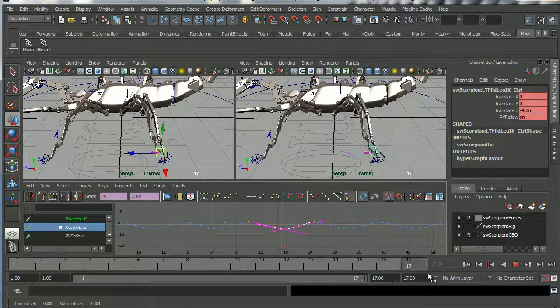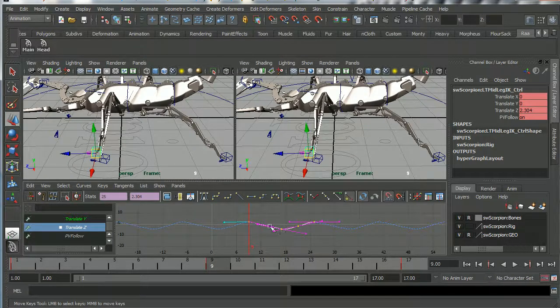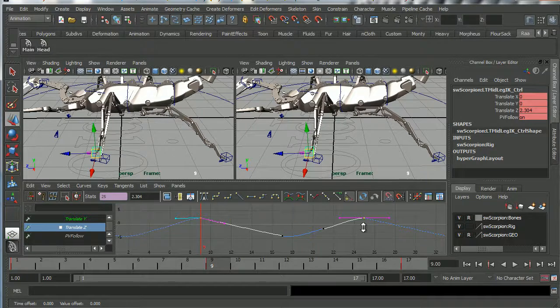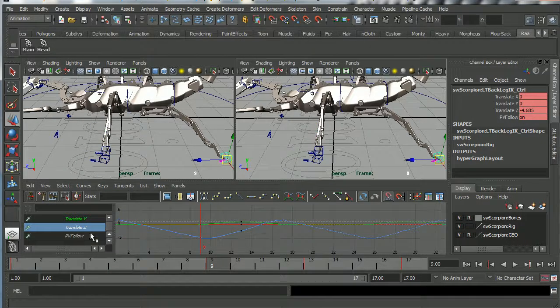So I'm going to have to shorten this curve slightly, annoyingly. So I'm going to have to select 1 and 7 and just pull them back a little bit. And that means that I'm also going to have to do the same thing with the back foot. Hit A,